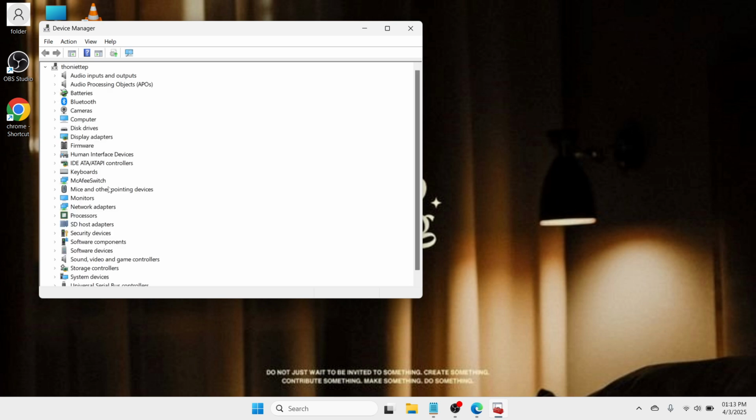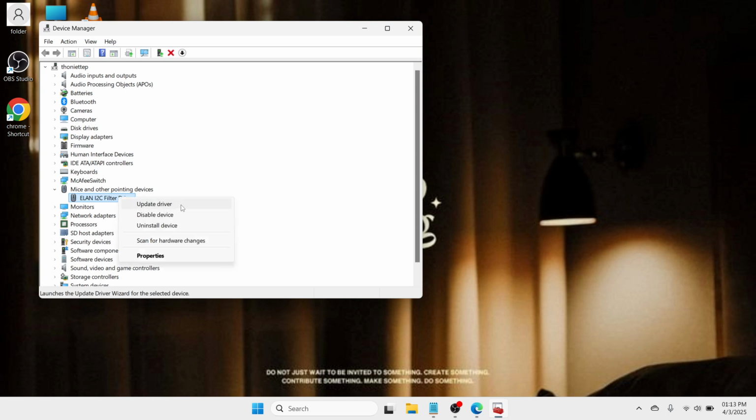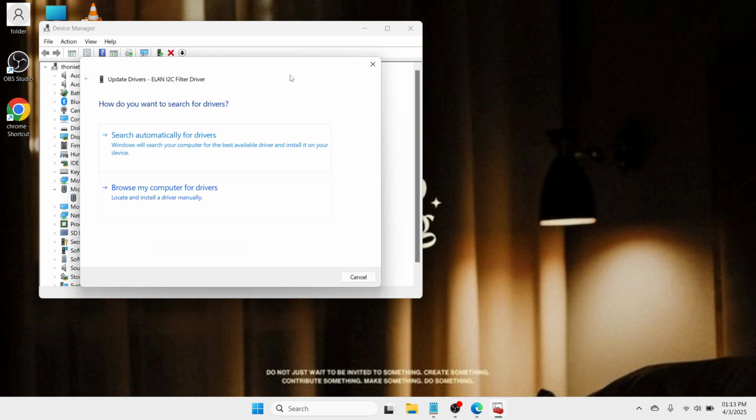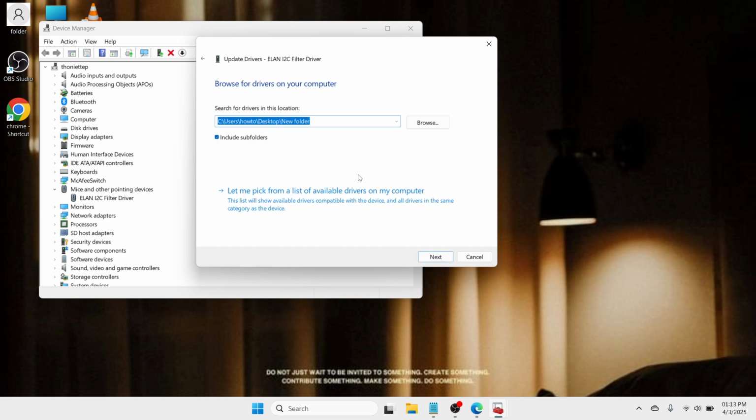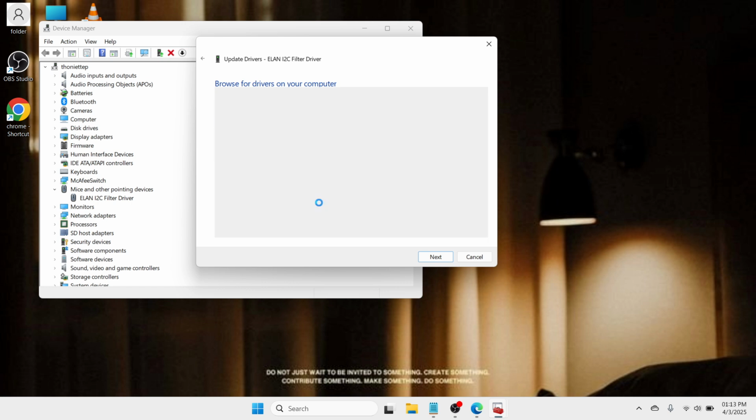Once it's here, please proceed to mice and other pointing devices, click this forward arrow and select your mouse driver. All you need to do is a right click and go with Update driver. Now here, it will give you two options. Go with browse my computer for drivers, so that you can locate and install a driver manually for your computer. Now go with let me pick from a list of